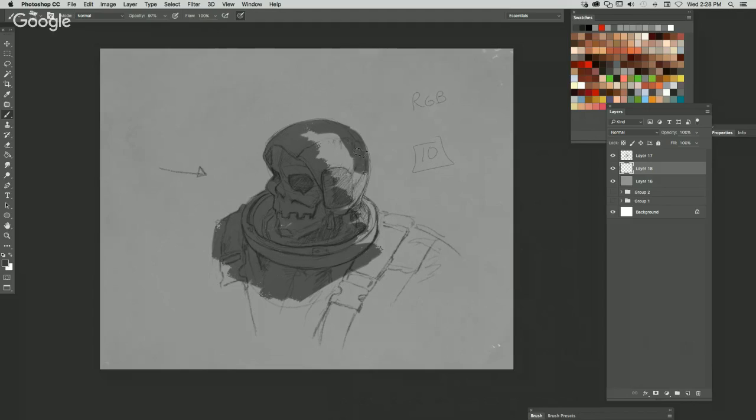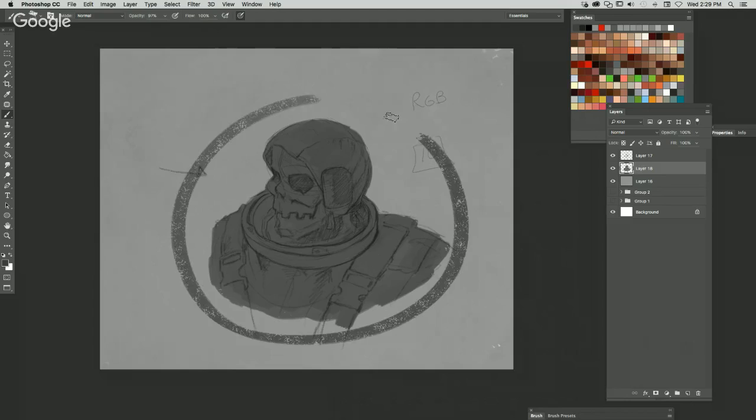Because I agree, sometimes when you just rely on the color blend mode, changing the layer's blend mode to color and then adding your color, it can still look pretty rough. It looks kind of laid on top, and you don't want that. You want it to feel more organically colored. So the way I'm going to do this is not only add the color through that blend mode, but also do some painting on top, because I believe it takes more than just one layer to create a colored version of a grayscale image.